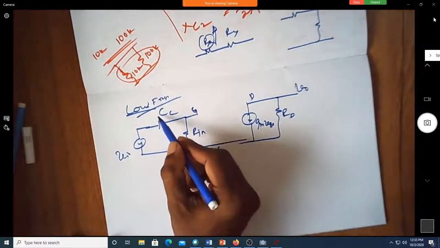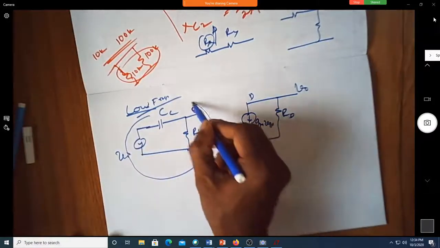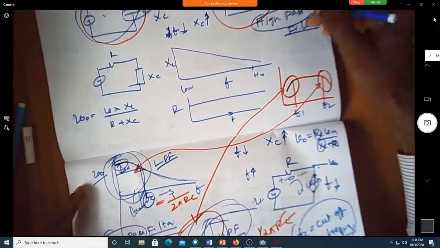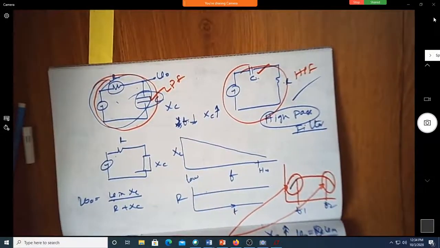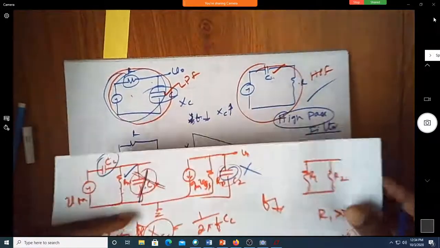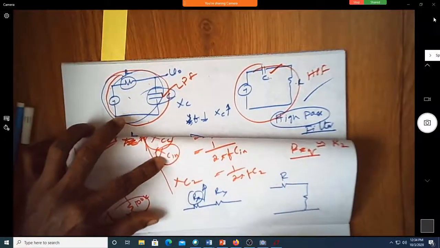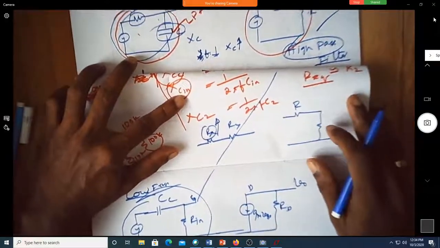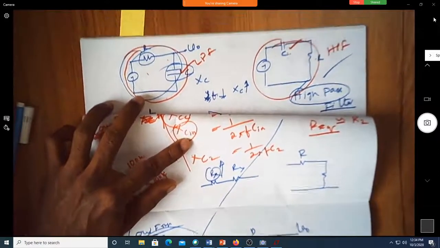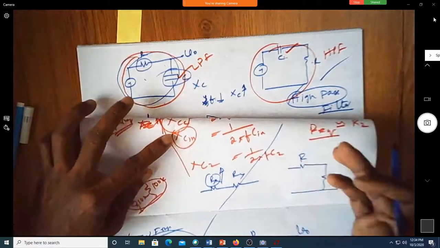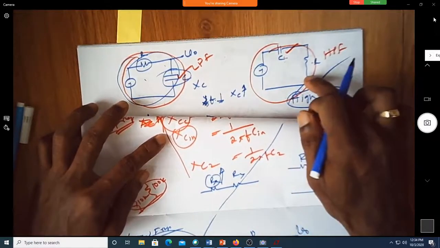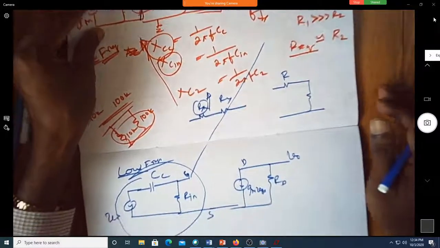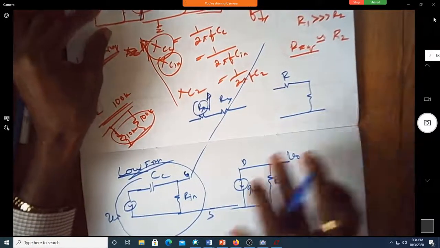Can you see, does this resemble the low pass filter, this one? Does this resemble this? Yes, sir. So we have a resemblance between this and the high pass filter. So we could realize a high pass filter in this amplifier for low frequencies. Correct? Yes, sir. So these are low frequencies.